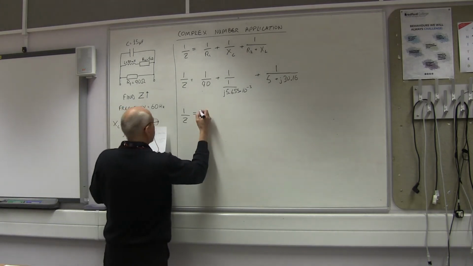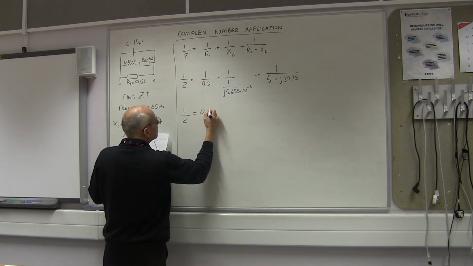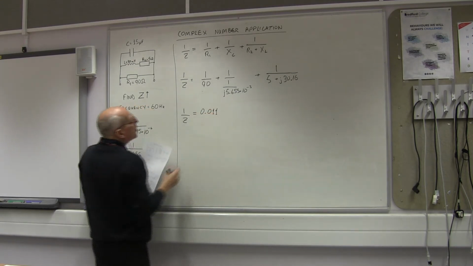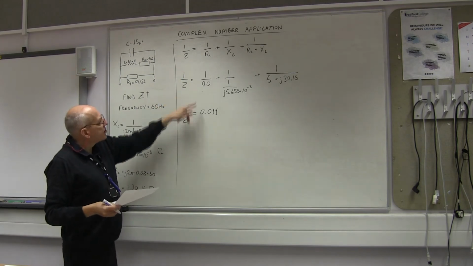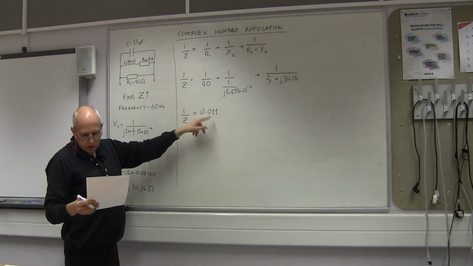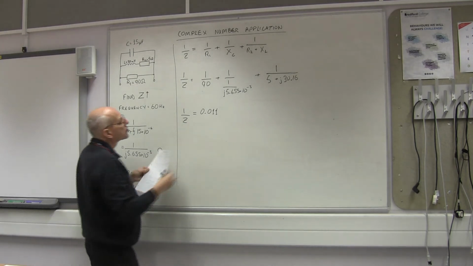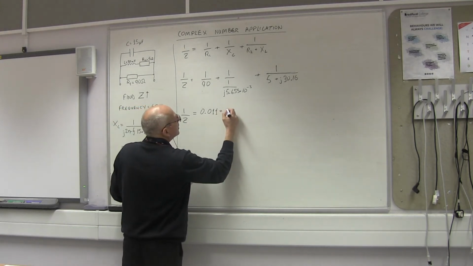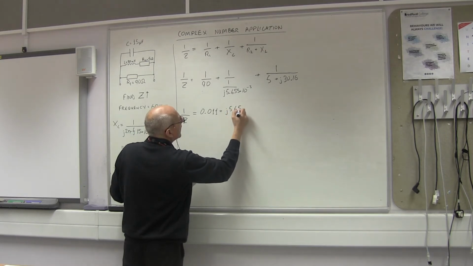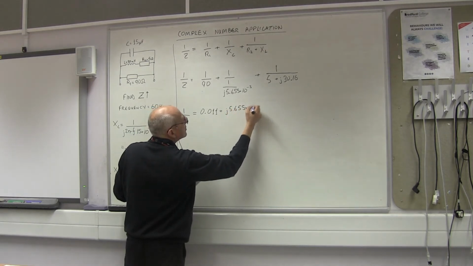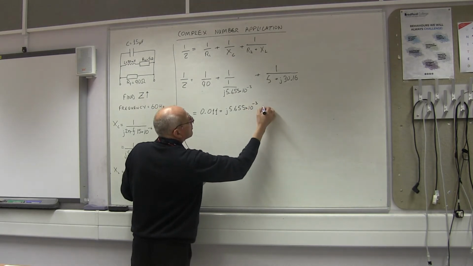So while you're thinking about it, let me just put some numbers in. So 1 divided by 90 is 0.011, recurring actually, that'll do. Plus, and I flip this to the top, that's j 5.655 times 10 to the minus 3, plus